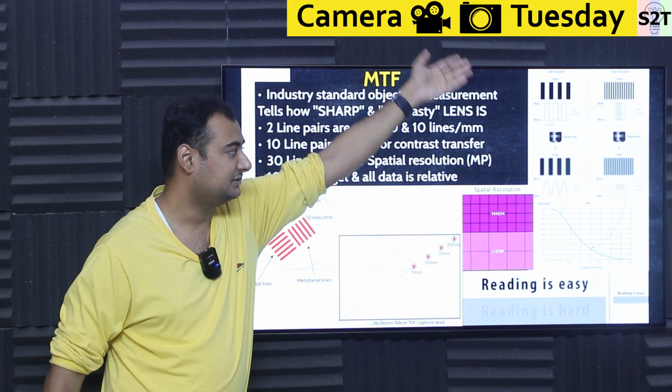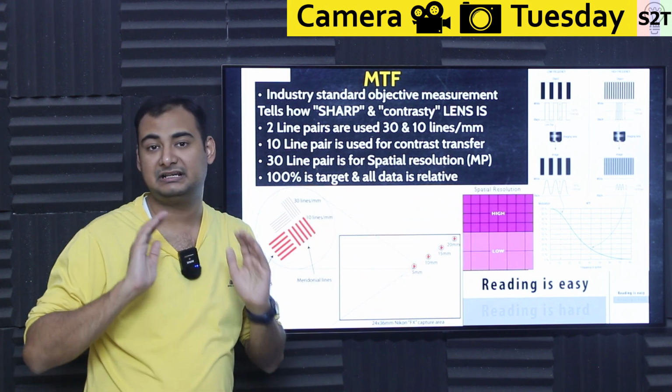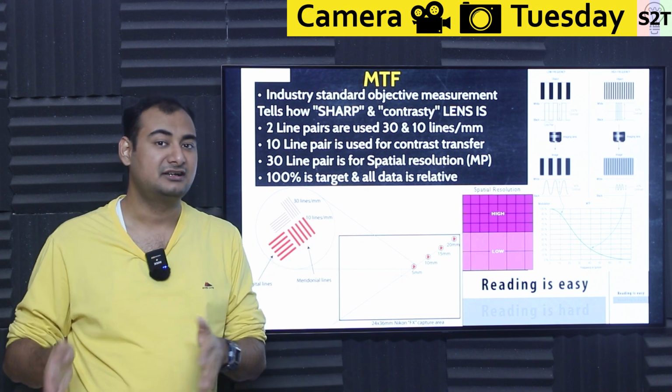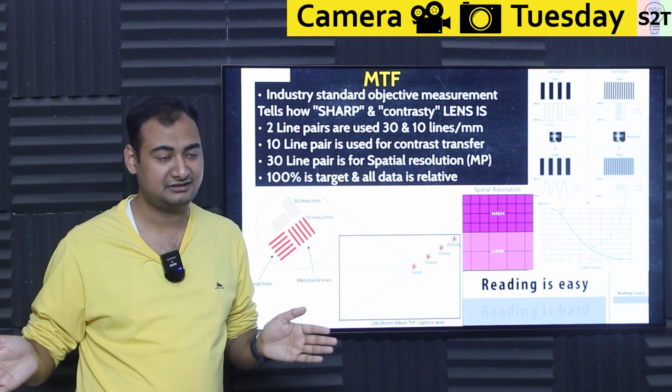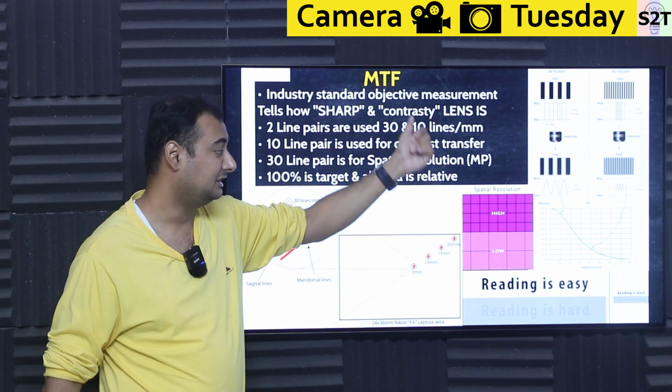So once you have a square wave signal, you send it through your lens and then you study it in your sensor. And the sensor will never be able to transfer 100%. Why? Glass is not 100% transparent. So if you are getting 100% in and 100% out, something is wrong. So glass will dull it down a bit. Now how will it dull it down?